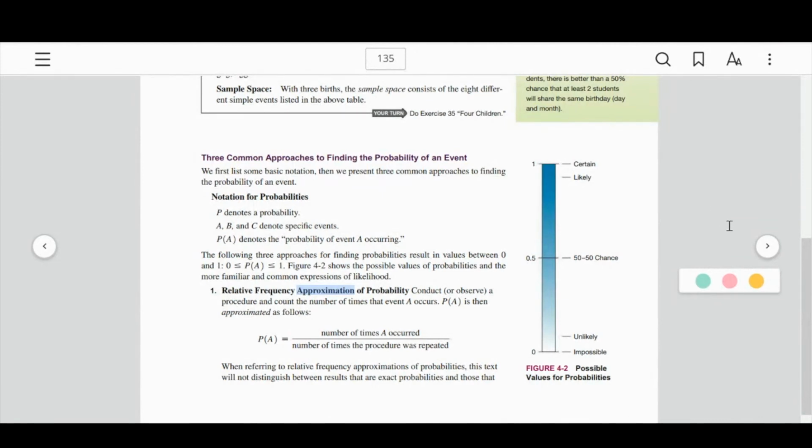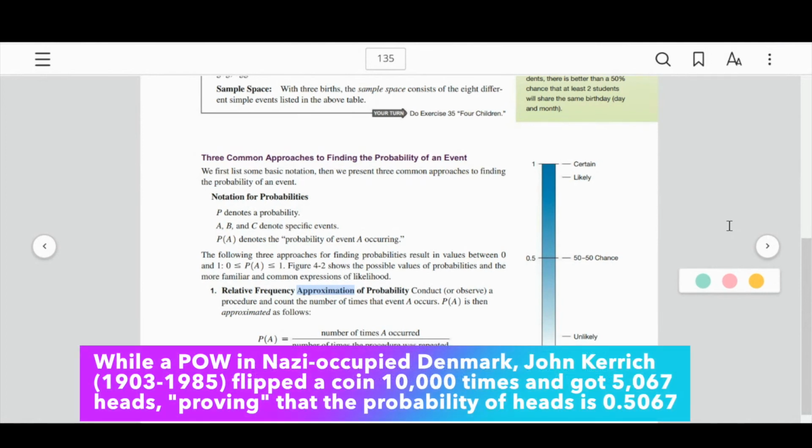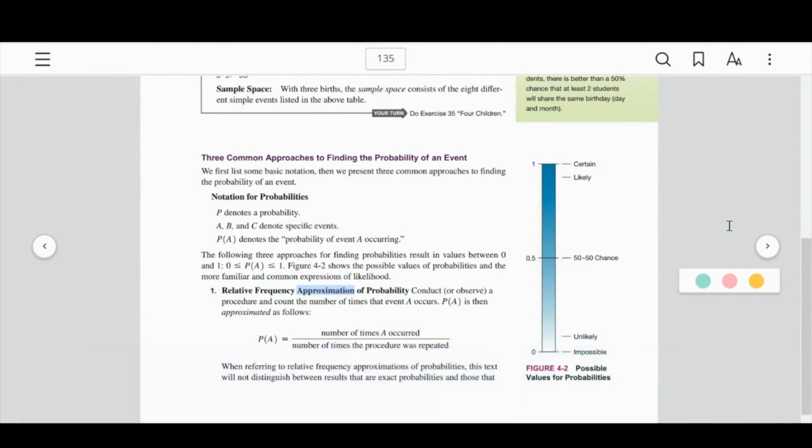There was a South African mathematician in World War II. He had gone up to visit his friends in Denmark for their wedding, and the day before the wedding, the Blitzkrieg came. The German troops stormed into Denmark and they captured him. He was a foreign national. They didn't know what to do with him, so they put him in a concentration camp. He had nothing better to do, so he flipped a coin thousands and thousands of times and kept track of it. Kept him sane, I guess. Those are all examples of relative frequency.